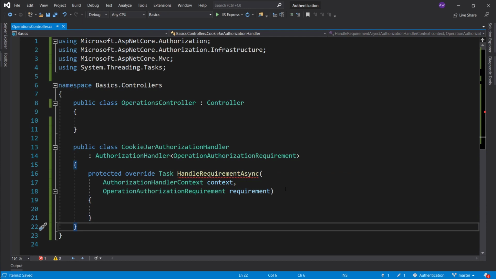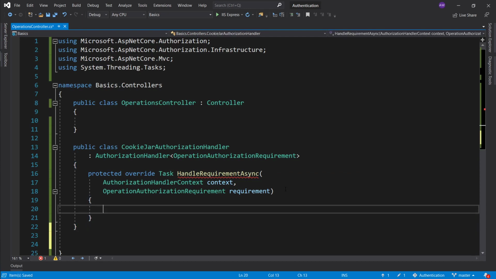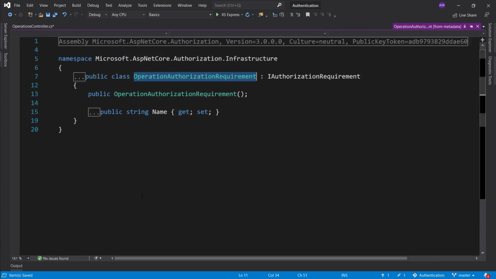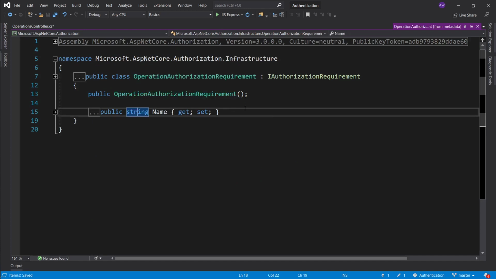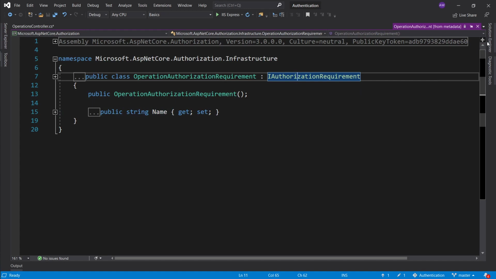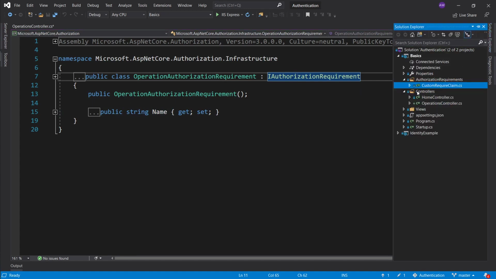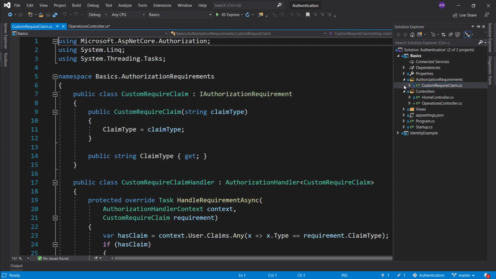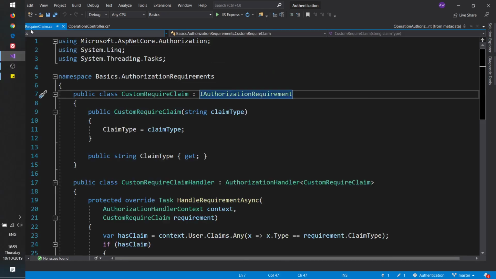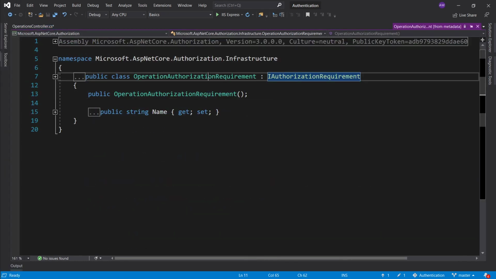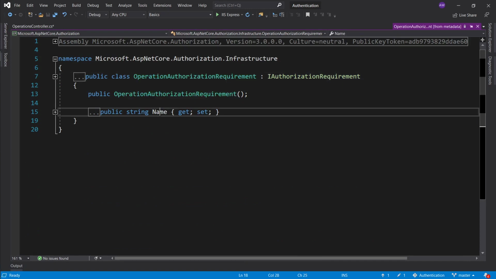Okay, so first thing is, let's take a look at the authorization requirement, right? So all it has is a name, okay, and it implements the IAuthorizationRequirement, same thing that we have implemented in our custom claim requirement from IAuthorizationRequirement. It's just the same requirement, but Microsoft provides us this class, and it's meant to denote the concept of you are trying to perform an operation, and all we're doing is just going to give it a name